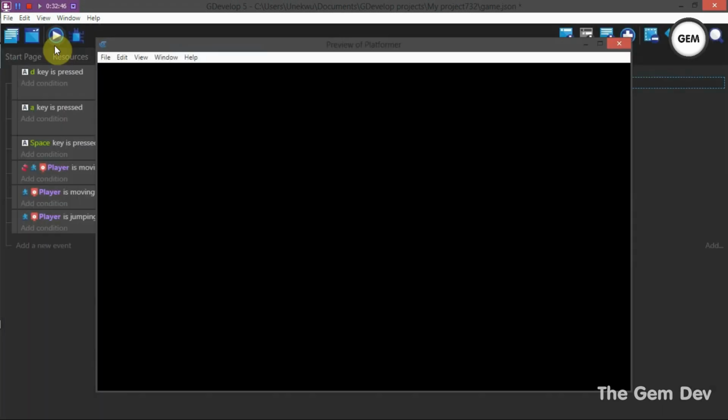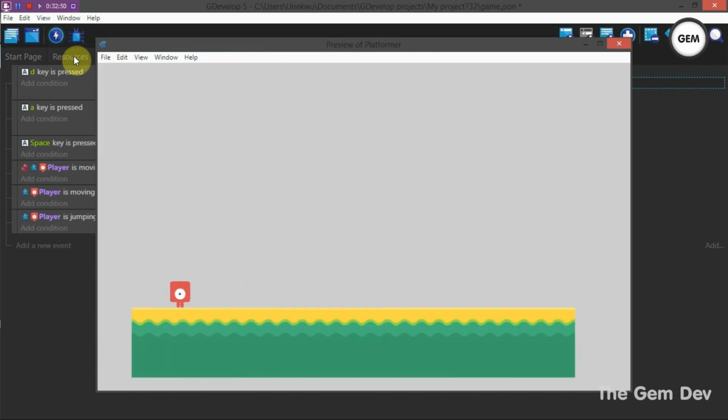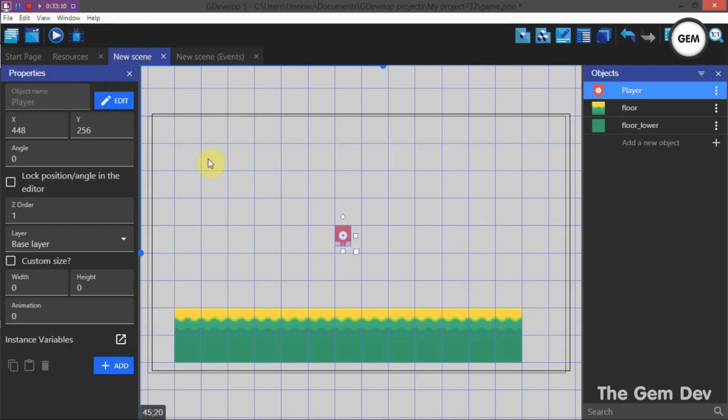So here we go. As you can see, it faces that way and this way and that way and this way, and it jumps. It looks really good. Okay, so there we go. Now it looks really beautiful. Okay, so that's it for this part of this series. The next part, we'll be adding a camera to our player, or a smooth camera to our player. Okay, so I'll see you